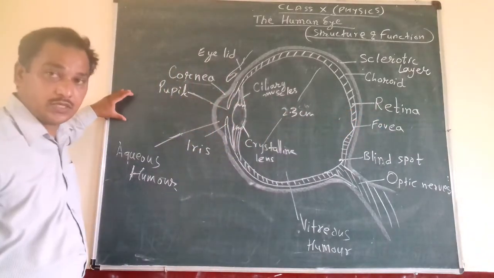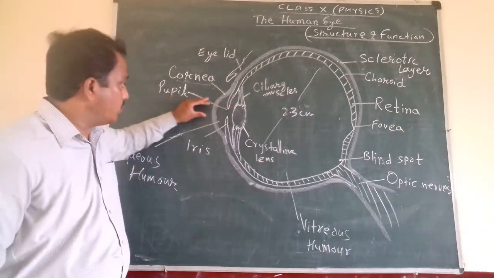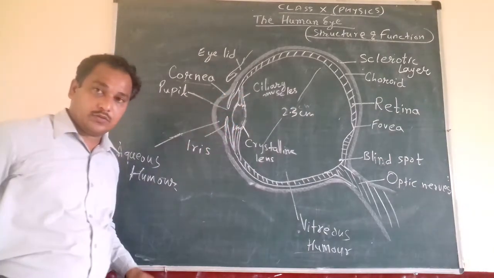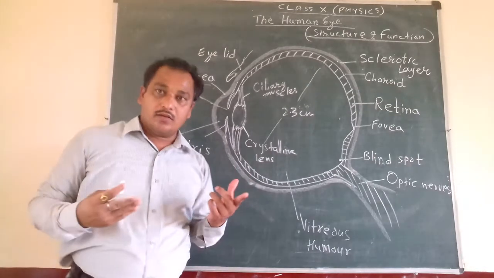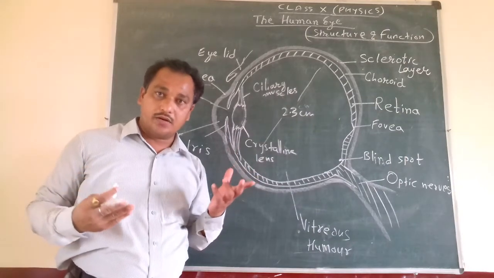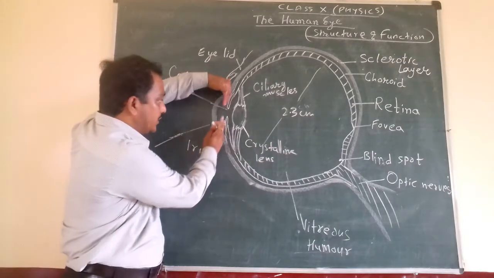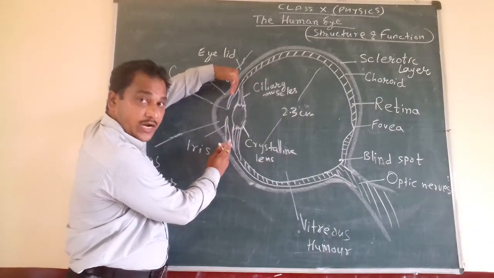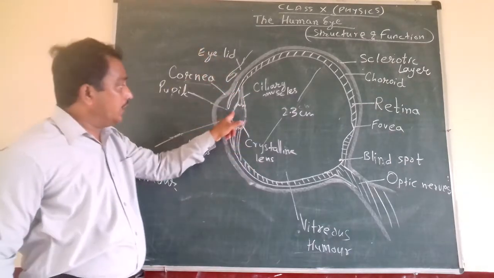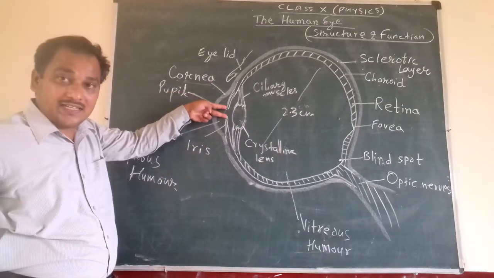Whenever we see any object in front of the eyes, the light ray passes through the cornea and enters the eye. What is this part? This is called the iris. What is the color of your eye? It may be black, brown, blue, green. The color of the eye is due to the color of the iris. You can see it like a shutter. The more it opens, the more light will enter the eye lens. This is the eye lens, and this part is called the pupil, where the amount of light entering our eye is controlled.